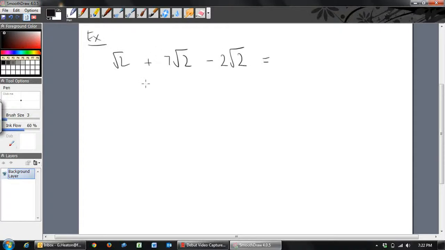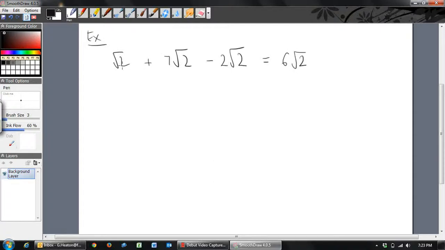Let's have a look at that. We've got to collect together. Now, what we've got is 3 like surds here. We've got root 2, root 2, root 2. You just need to figure out how many you have. So we have 1 root 2 here, we have 7 root 2's here, and then we have minus 2 root 2's here. So we've got 1 plus 7, that's 8, 8 minus 2, we end up with 6 lots of